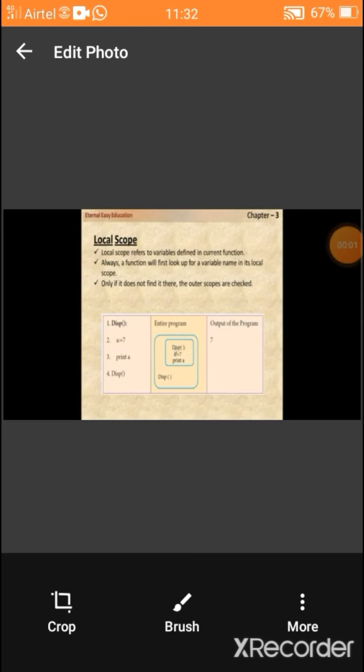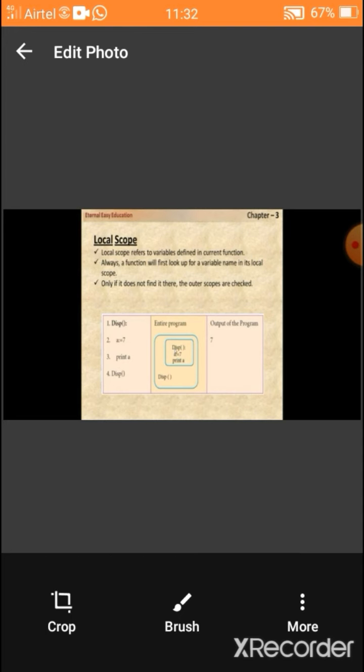Let's see the types of scope one by one. First one is local scope. Look at the definition for local scope. Local scope refers to variables defined in the current function. That is a block. Inside a block, if there is any variable declared, the variable can be accessed in the block itself, which is called local scope.